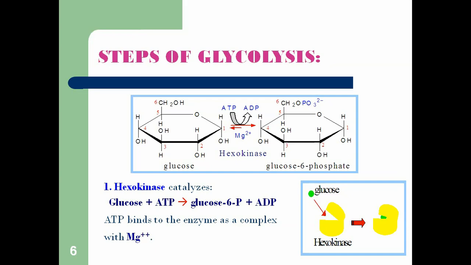Next, we begin with step 1, uptake and phosphorylation of glucose. So here a 6-carbon glucose is phosphorylated to form glucose 6-phosphate, catalyzed by a specific enzyme called hexokinase. Phosphorylation basically refers to the addition of phosphate using ATP. Now the enzyme hexokinase can be split into hexo and kinase. That is, hexo relates to the 6 carbons present in glucose, and kinase refers to